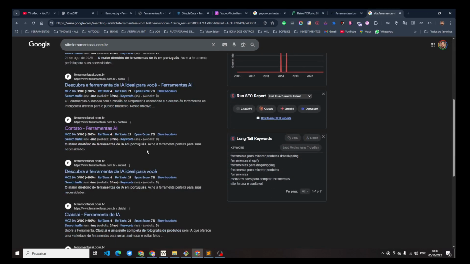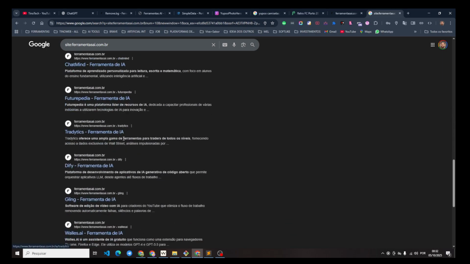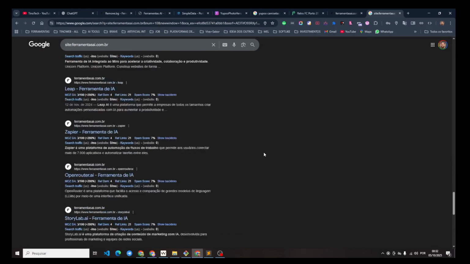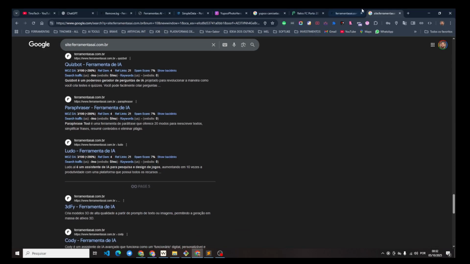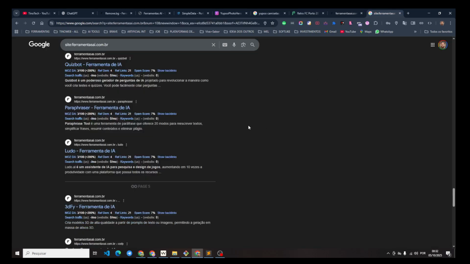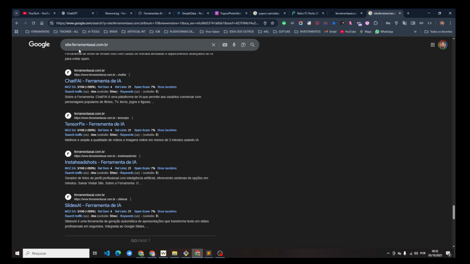All sites submit CD Drummer, IA, all sites you can find in this place. This is because of these sitemaps that permit you to get all links of a site using this command line. This we call site